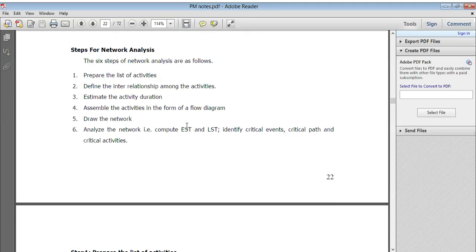Now here are the steps for a network analysis. The 6 steps of network analysis are as follows: prepare the list of activities, define the interrelationship among the activities, estimate the activity duration, assemble the activities in the form of a flow diagram, draw the network and analyze the network, compute EST and LST, whatever we have seen, identify critical event, critical path, and critical activities. Right? Now,